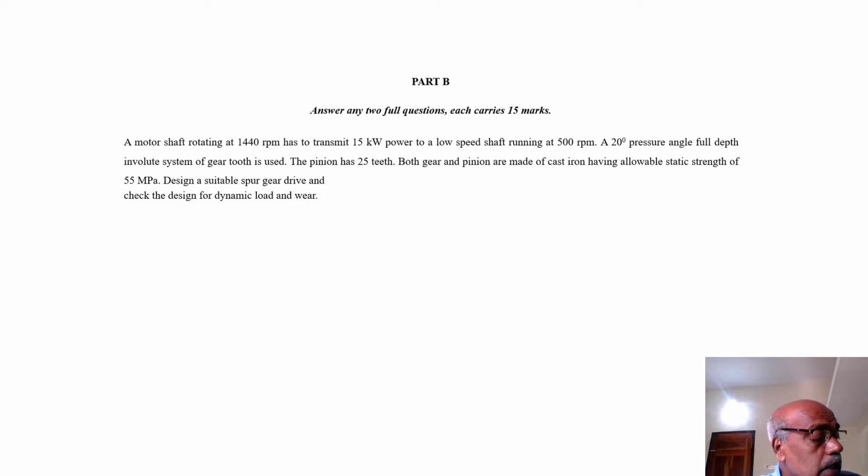Here the first method is center distance. Center distance, I told you, will be unclear for some students. Therefore, please understand that my intention is not solving this question now. I am giving some demonstration only. Later on I will tell you what to do. So using the center distance equation, I will repeat again: i plus or minus 1 cubic root of 0.74 divided by sigma c whole square into capital E into Mt divided by i into psi.